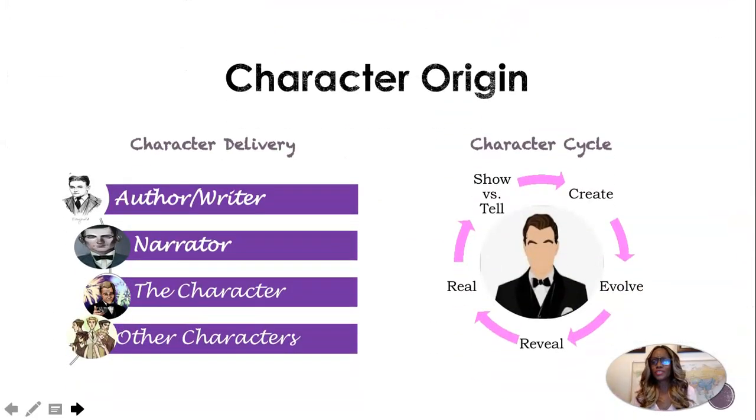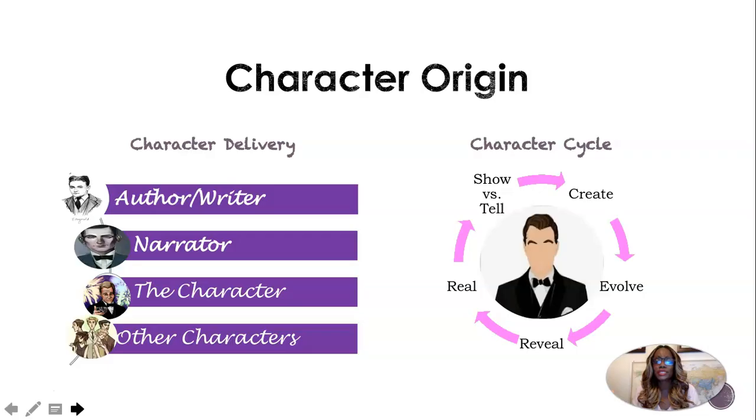The character origin, like how we know the methods of characterizations and how an author communicates this, but who is the one that gets to deliver this information? Who's the one that gets to tell us, right? Well, it could be a lot of different people. It could be the author himself. It could be Francis Scott Fitzgerald in Great Gatsby. It could be the writer. It could be the narrator. He gives us Nick too, and hopefully it's a reliable narrator, but he can give us a narrator to communicate